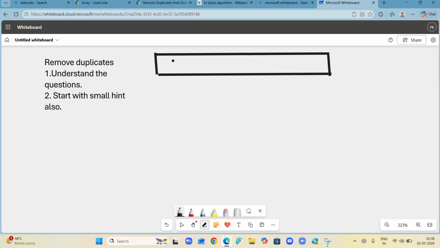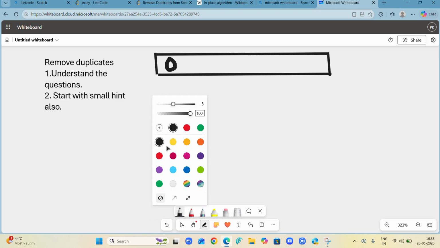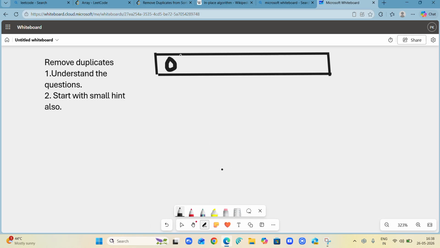And what is the question? It is 0. Why is it so thick, guys? Wait a minute. Let's reduce its thickness. Okay, now it will be better. Now it is good. 0 0 and triple 1 is given.